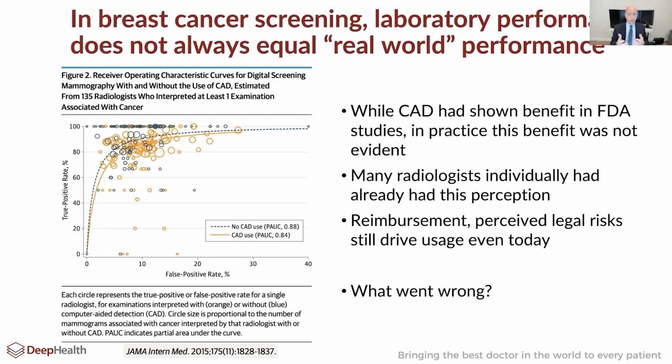Why? It's very hard to know for sure. Maybe they leaned too much on them and it was old, quote unquote, AI that didn't work all that well. Maybe they were using them as first look when they were designed as second look. We don't really know what went wrong, but both anecdotally, which I think is important, but also now scientifically with this kind of data,